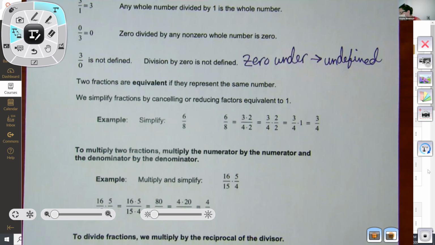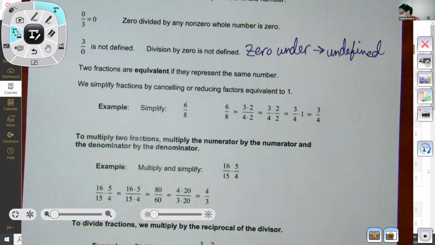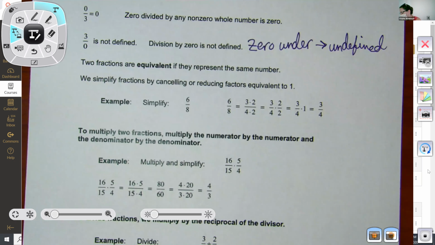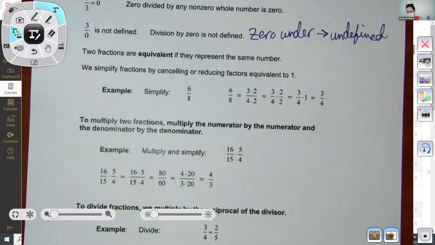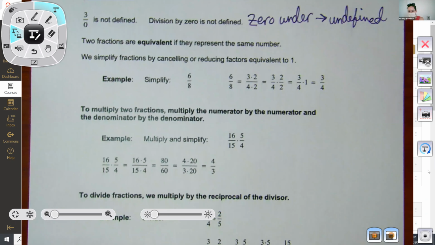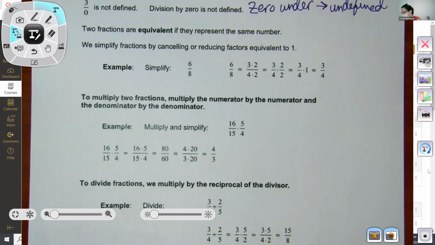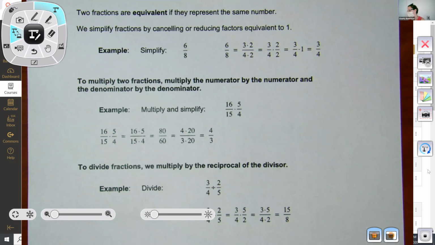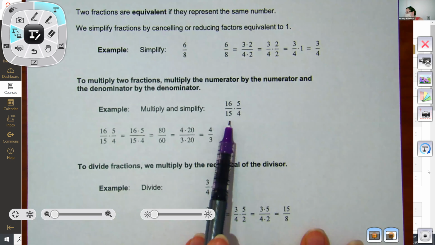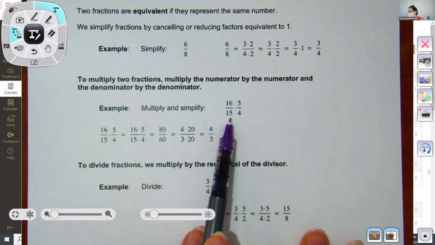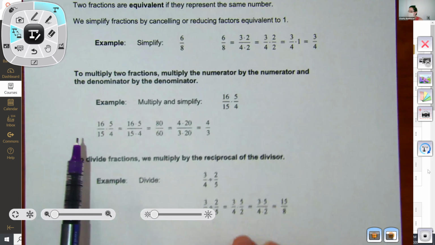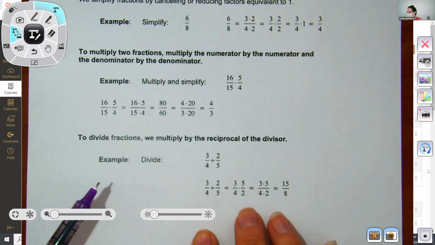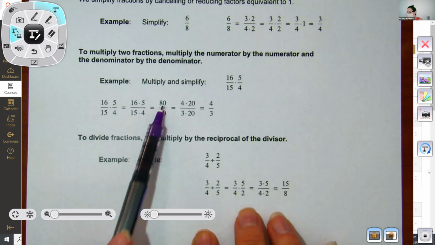For multiplying fractions, you basically just multiply straight across. You multiply the numerators together, multiply the denominators together. But at the same time, what I would usually do is reduce first, and that makes it a whole lot easier. So see right here, we did 16 over 15 multiplied by 5 over 4. What this example is showing is actually multiply 16 times 5 equals 80 and 15 times 4 equals 60,